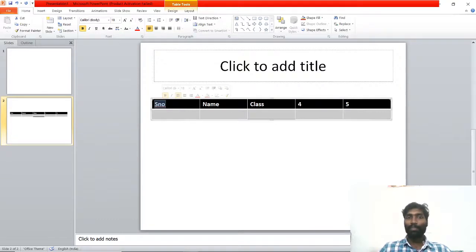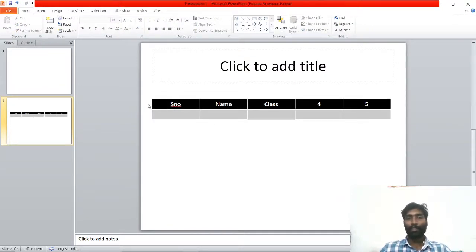If you want to center, in the Home tab, we can see here in the ribbon: center, right, justify. Control E is the shortcut for center. If you want to apply it to the entire row, just select the entire row, then Control E. So now it is center aligned.